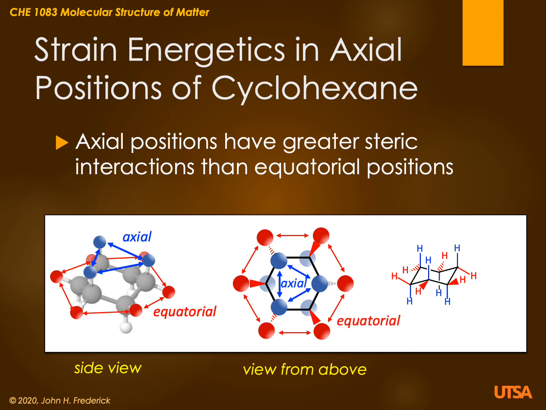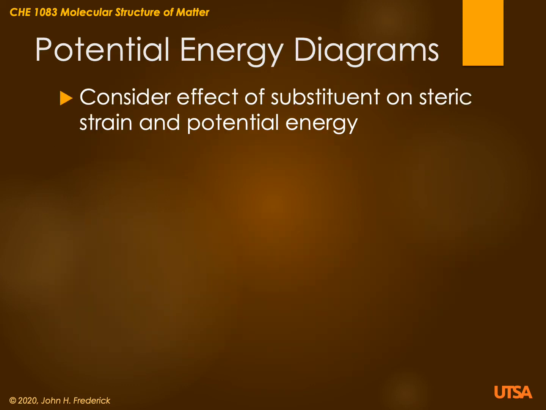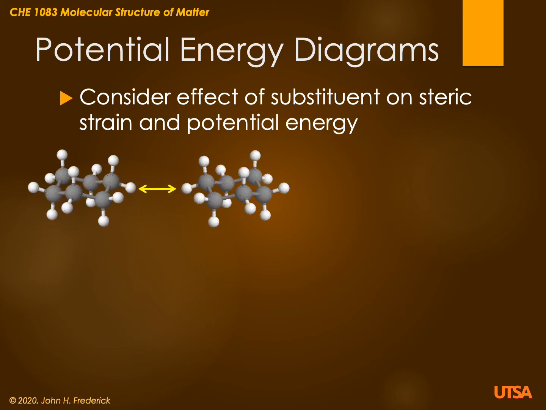So what we have is an enhanced steric interaction between axial positions and a decreased steric interaction between the equatorial positions in cyclohexane. Now, how does that matter from an energy difference? Remember, when we had steric interaction, that usually gave an increase in potential energy. So the way we might draw this is if we have two ring-flipping cyclohexanes going between conformation A and conformation